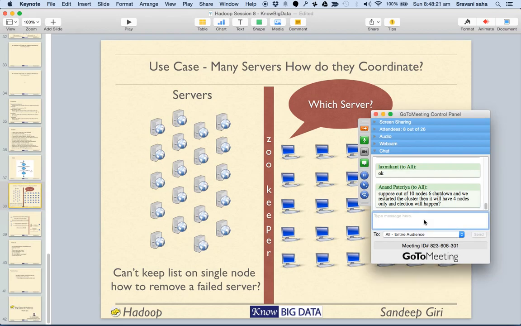Suppose out of 10 nodes, 6 are shut down and we restarted the cluster, then it will have 4 nodes only. An election will happen. Yes, election will happen. While restarting, we'll also remove the dead machines from the list, so those are completely out of the network. All right. So this is one use case when many servers